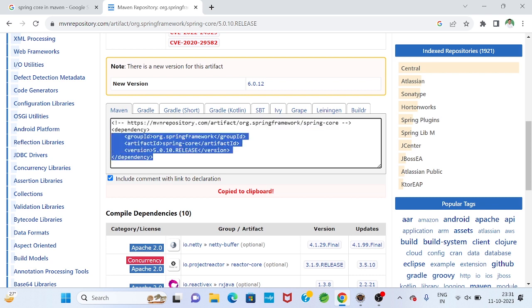A dependency is nothing but one developed module. Particularly, you see group id org.springframework, and artifact id, meaning project name, Spring Core. These dependencies we get on mvnrepository.com, and now I will copy this dependency